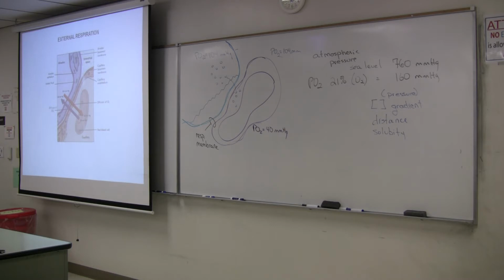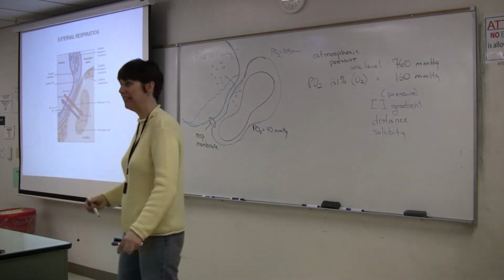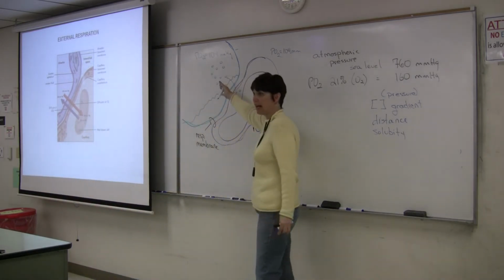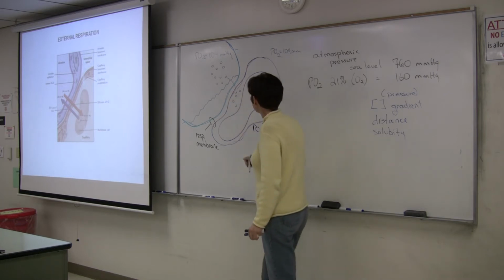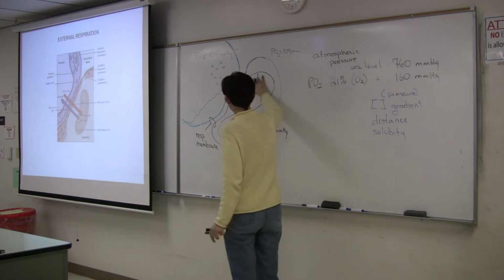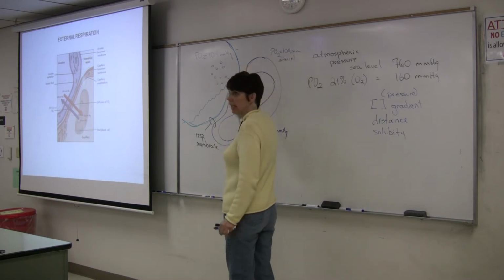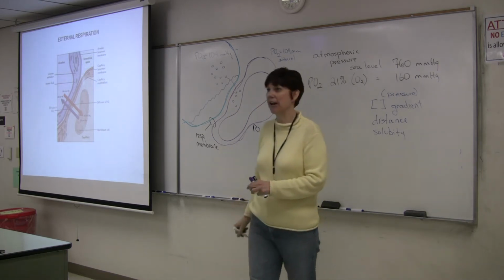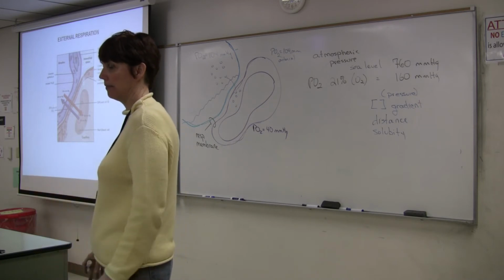All right, so with this transport, I'm not ready for that yet. What happens? I've drawn this big red blood cell in there. Remember, red blood cells are almost the diameter of a capillary, so there's not much more distance that the oxygen has to travel once it gets into the blood to get into here. So if we eliminated the red blood cell, our plasma would have a PO2 of 104, as it carried that blood back to the heart and got pumped to the body. That amount of oxygen,